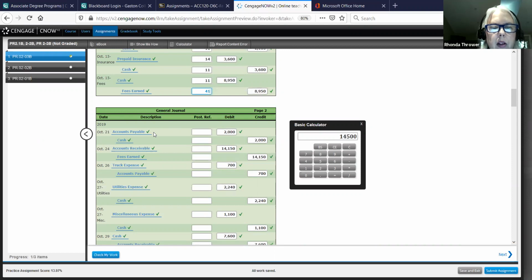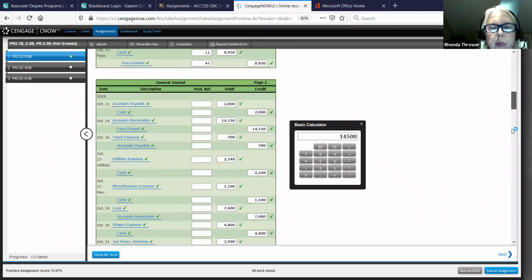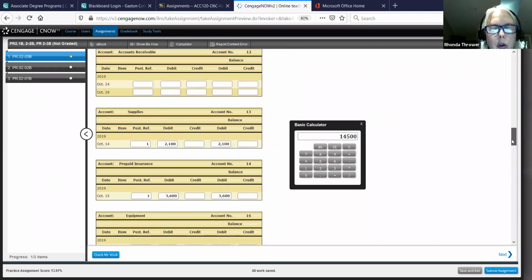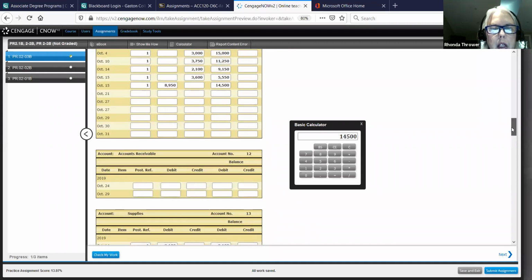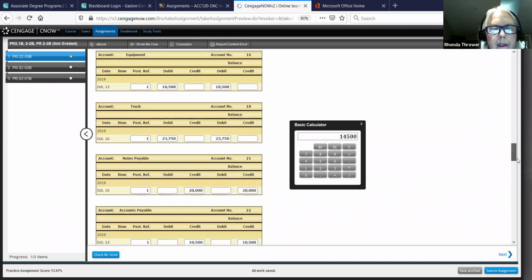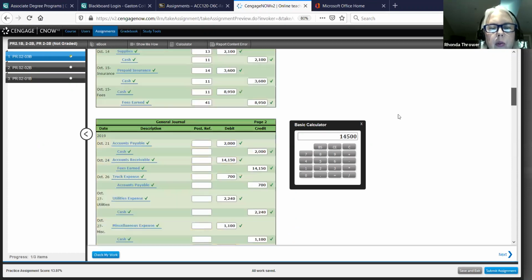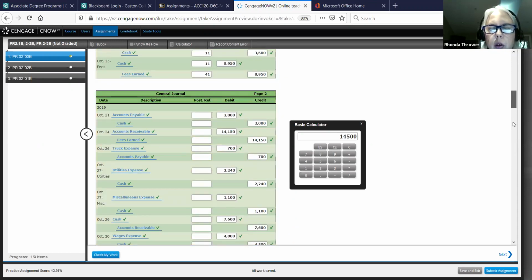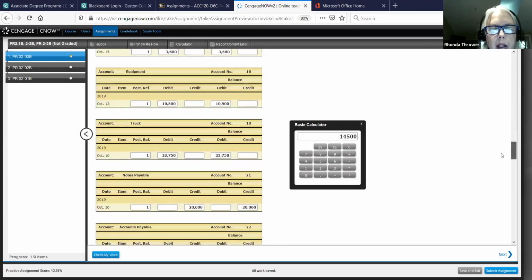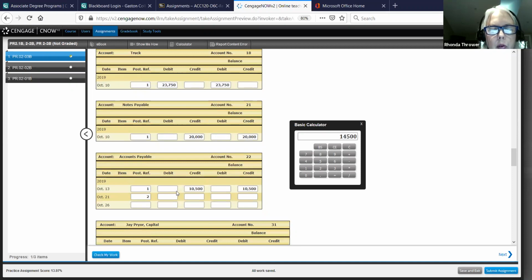We're going to go to the next page and we're going to pick up accounts payable. Notice we're on page 2 here. So when we go to accounts payable, in the post reference now, it's changed to page 2. So accounts payable right here, we're going to put a page 2 here. And what happened in page 2 to our accounts payable was we had a debit for $2,000, which means we have reduced our liability account, accounts payable, by $2,000. We debited it in our journal, so it's going to decrease